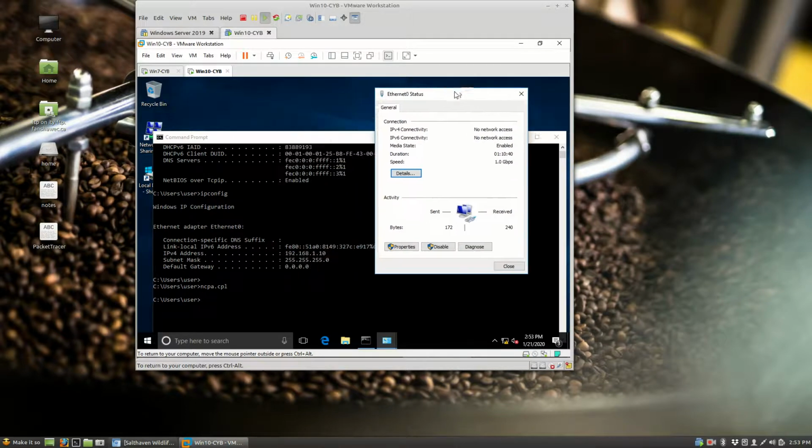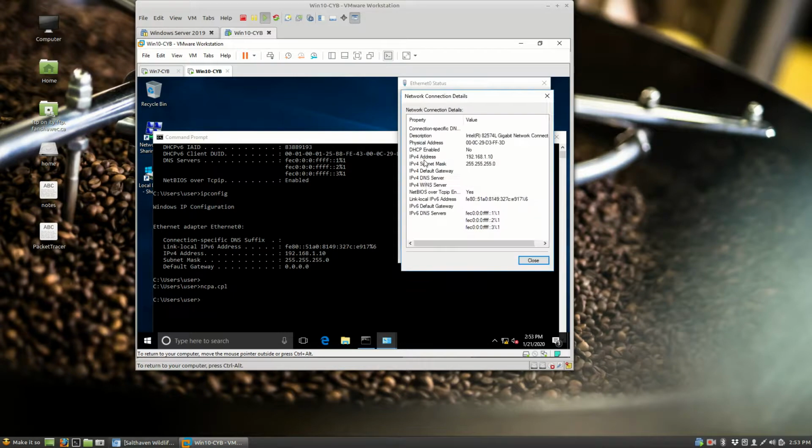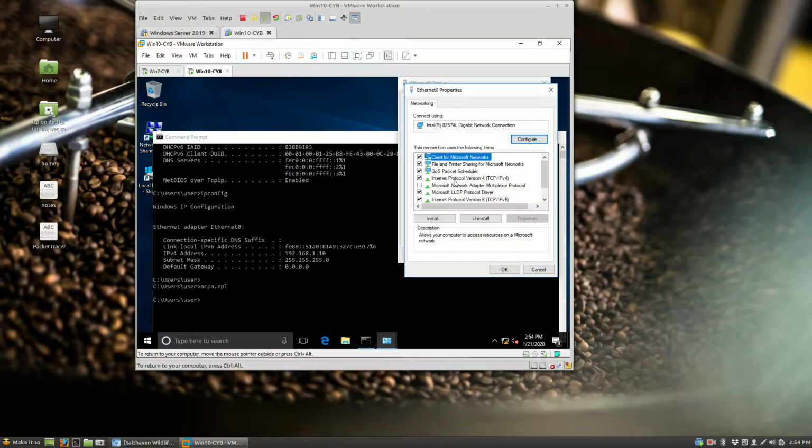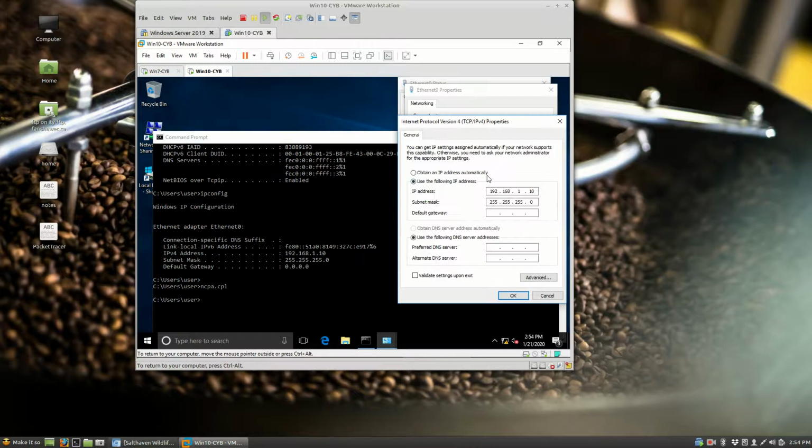I'm going to move this out of the way so we can see them side by side. You can see that the information is identical. If we hit properties, we can actually verify that it's set statically. It is not set to obtain the IP address automatically. So I'm going to keep that window open. We're going to go to